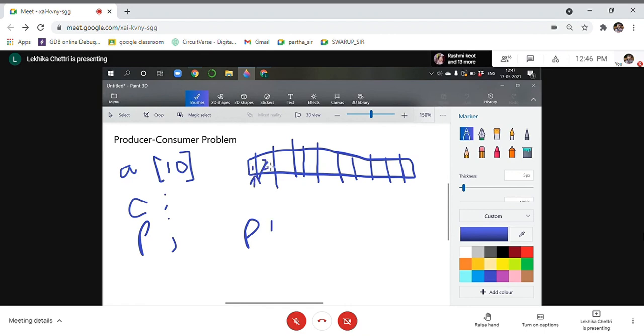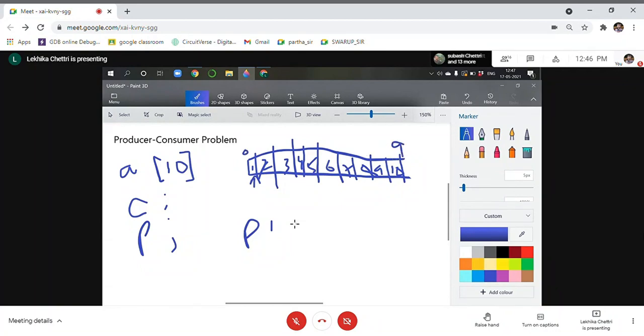Producer produces 2, 3, 4, 5, 6, 7, 8, 9, and 10. So now producer has produced 10 outputs. Now this has been stored in the location 0 to 9 of the array.